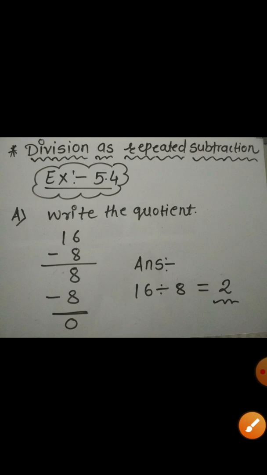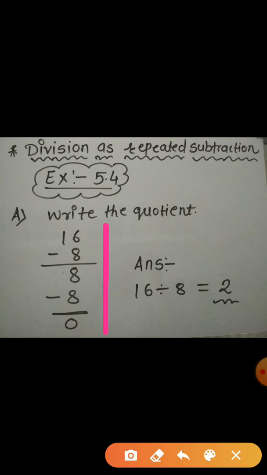In this question, the repeated subtraction has been solved and we are asked to write down the quotient only. Here, the question is 16 divided by 8, and we are asked to find the quotient. In 16 and 8, 16 is the dividend and 8 is the divisor. So, in the repeated subtraction, we need to subtract 8 from 16 repeatedly till we get 0. As you can see here, 8 is subtracted 2 times from 16, right? Hence, the answer is 2, or we can say that the quotient is 2.